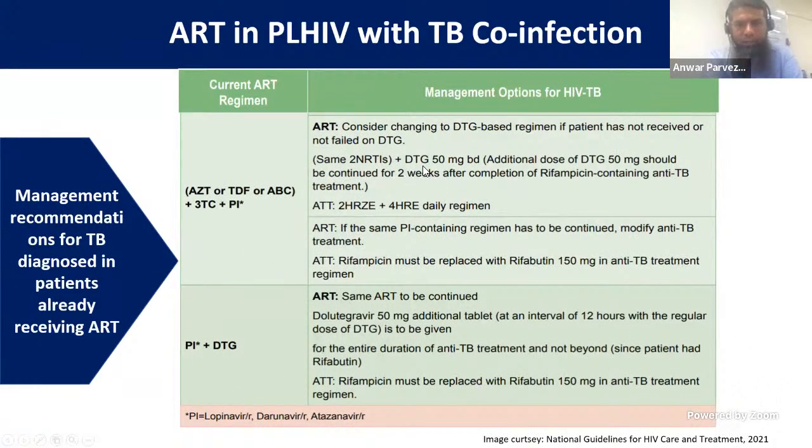For PI based, like I said, this is again a repetition of what we had discussed. But in principle, just remember that if you are giving dolutegravir and PI together, you will need to give an additional 50 milligram dose of dolutegravir, and if possible, give rifabutin based anti-TB treatment. But if you have to give rifampicin based anti-TB treatment, you'll have to do super boosting of PI, which is very difficult in adult patients. So you'll have to discuss these cases specifically along with your program managers and also your